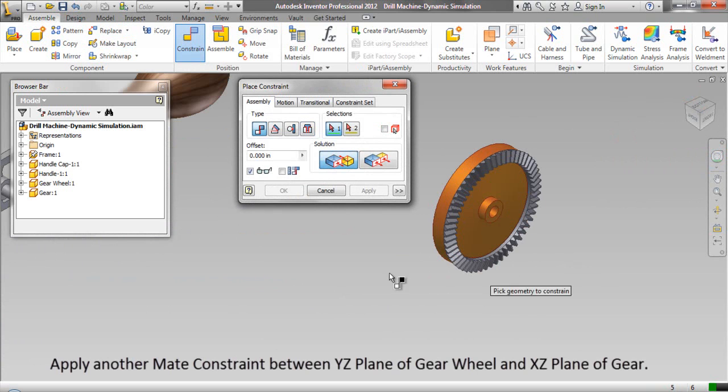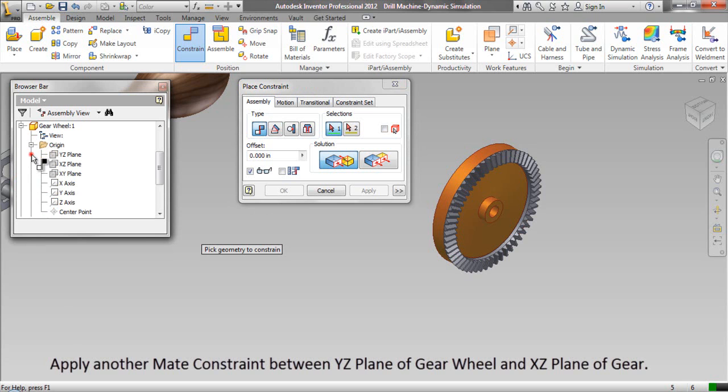Apply another mate constraint between YZ plane of gear wheel and XZ plane of gear.